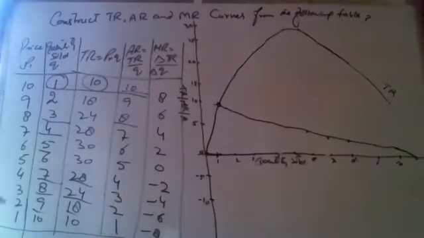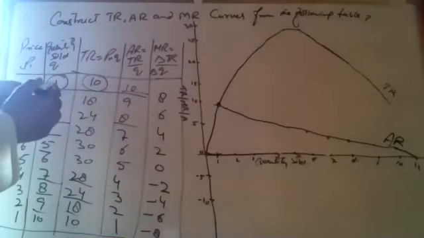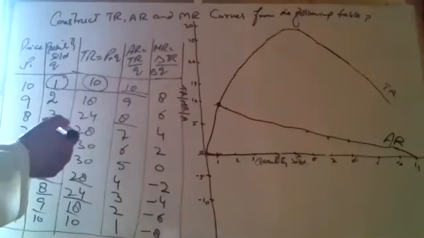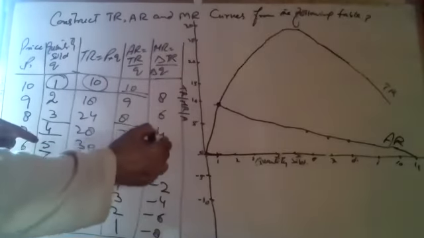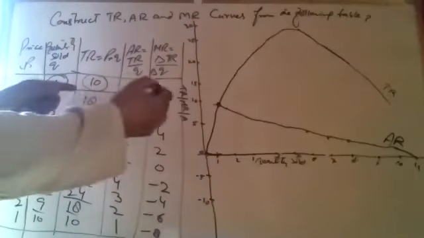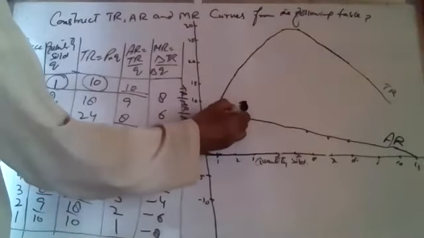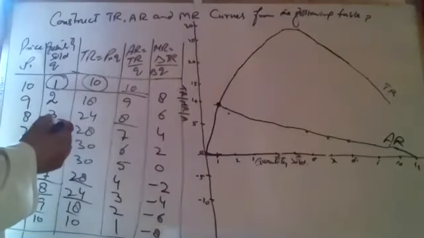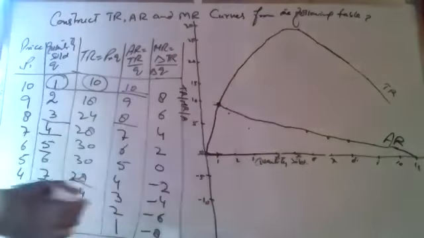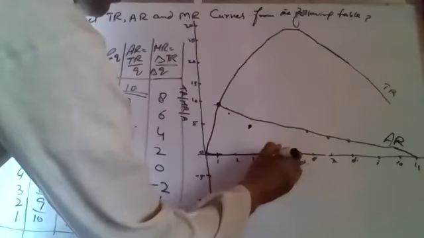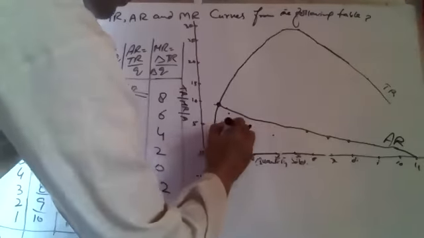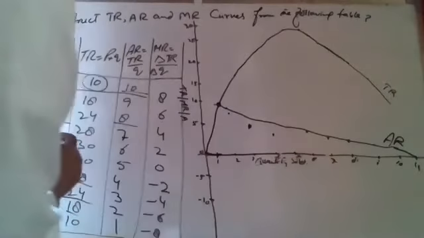अगर 11 पे लगाएंगे तो ये 0 पे आएगा। इसी तरह ये है एवरेज रेवेन्यू कर्व। अगर हम मार्जिनल रेवेन्यू की बात करेंगे, इट इज 1 and 8, 2 and 6, 1 पे नहीं है, 2 पे है 8, 3 पे है 6, फिर 4 पे है 4, 5 पे 2 है,